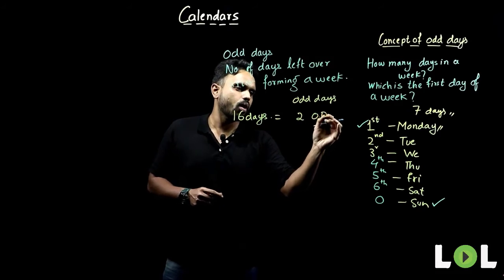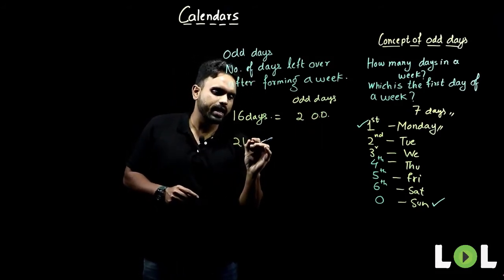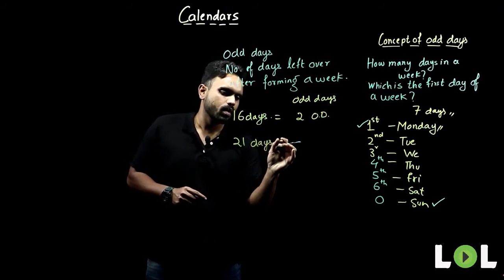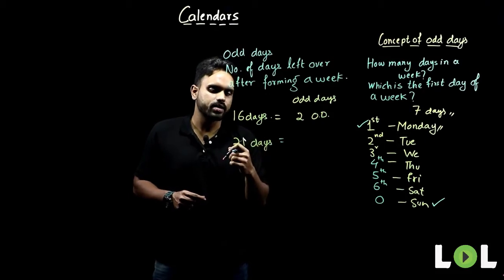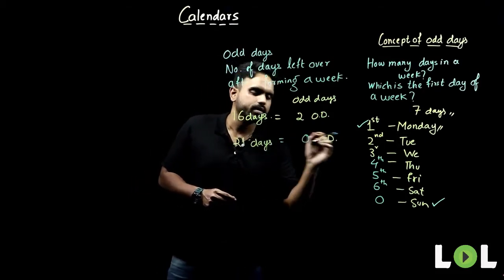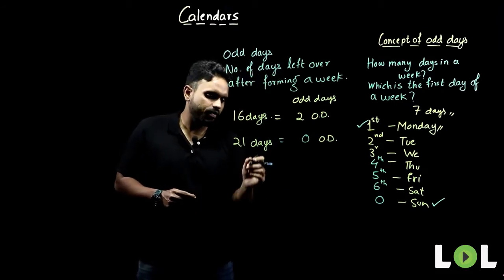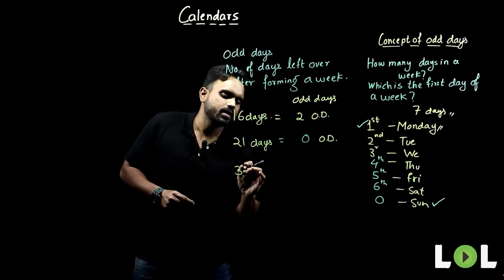You will have 2 odd days with you. Now, if I have 21 days, how many odd days will you have? You can form 3 weeks from 21 days. So, you will have 0 odd days. Now, if I ask you, if I have 31 days,